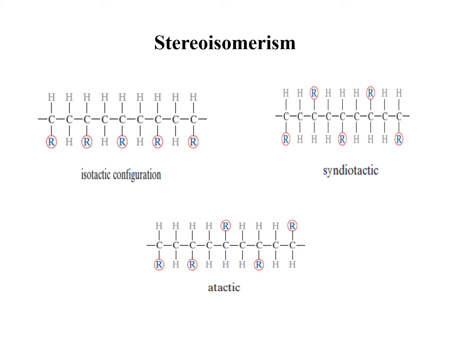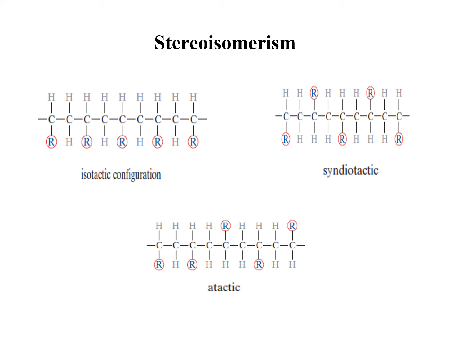Often a polar repulsion occurs between R groups for the head to head configuration. In the head to tail configuration, according to the isomeric state, different types of configurations are there, like isotactic configuration, syndiotactic configuration, and atactic configuration. These configurations are called stereoisomerism.